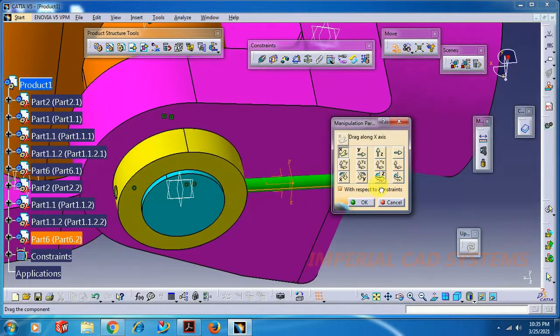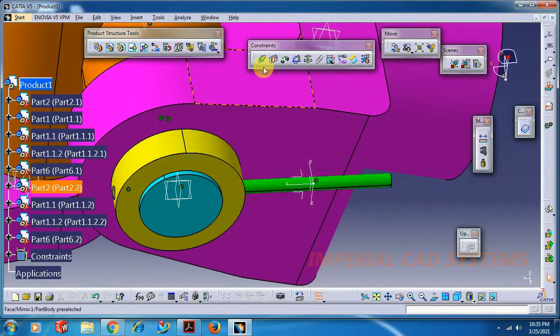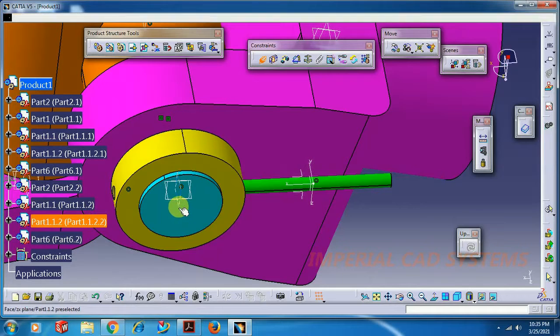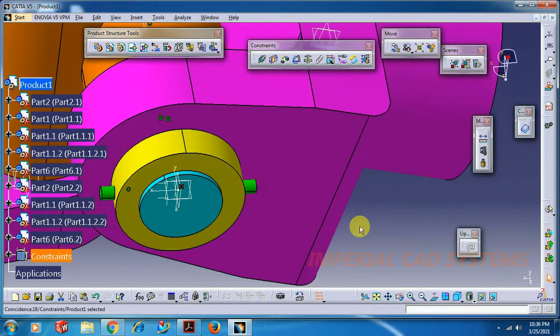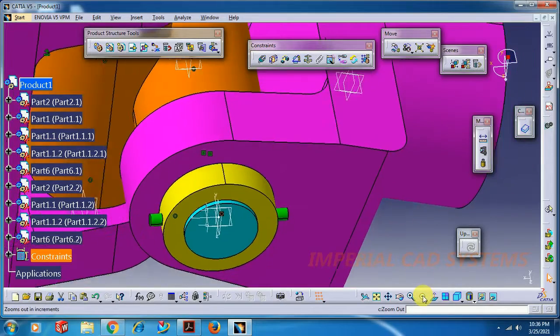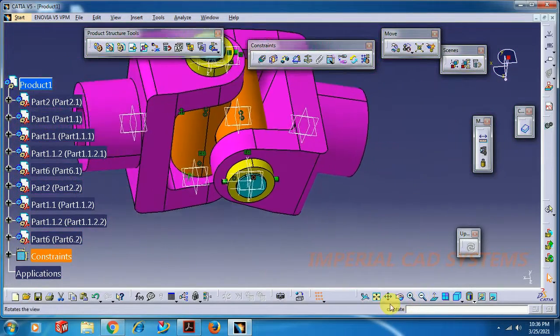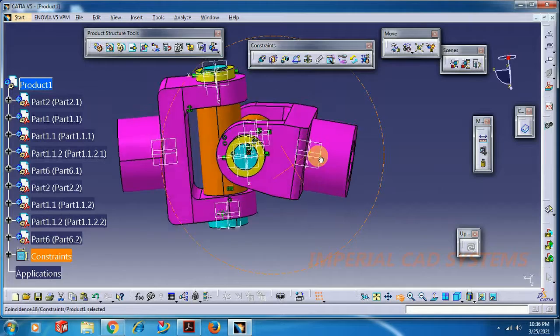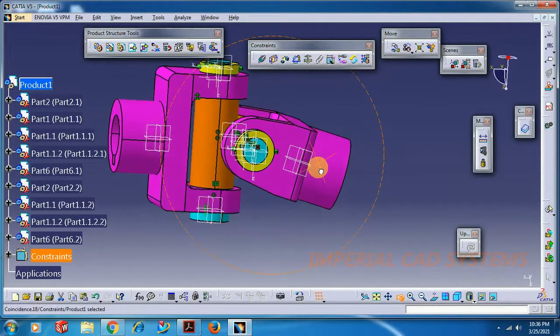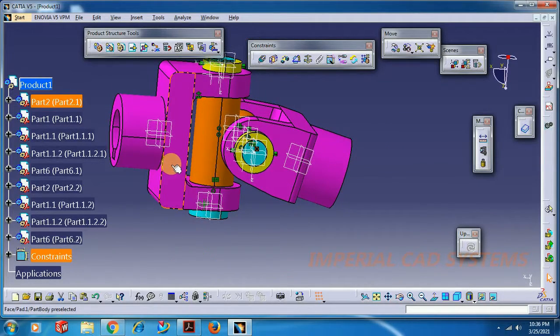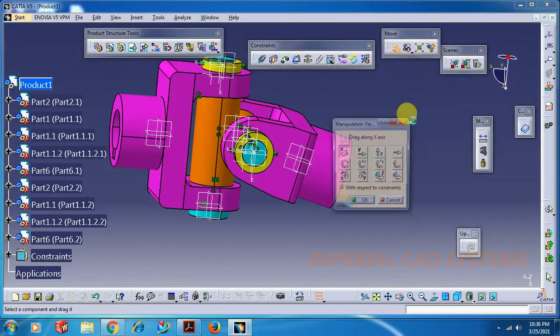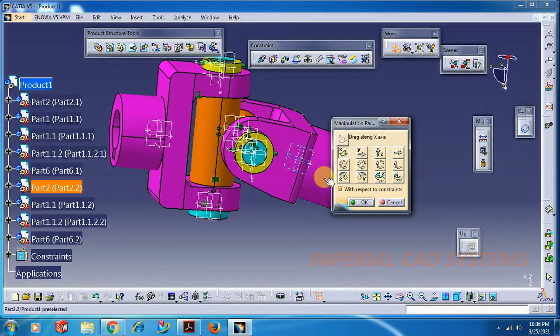Slightly move this, X translation, coincidence, select this plane and plane, go for OK. So this is assembly of a universal coupling. This part is fixed and this is movable.